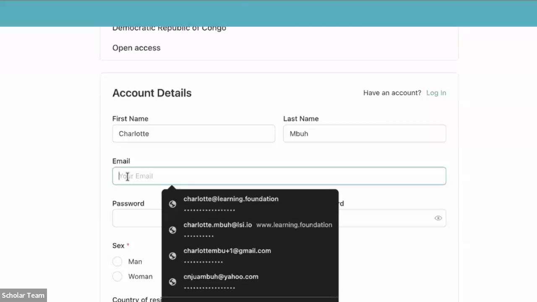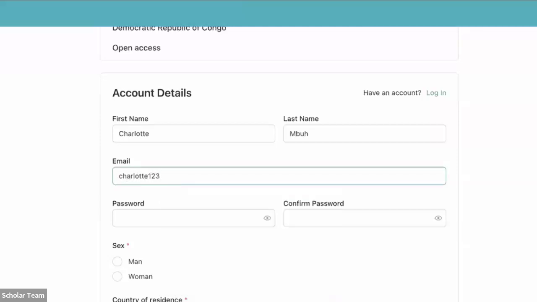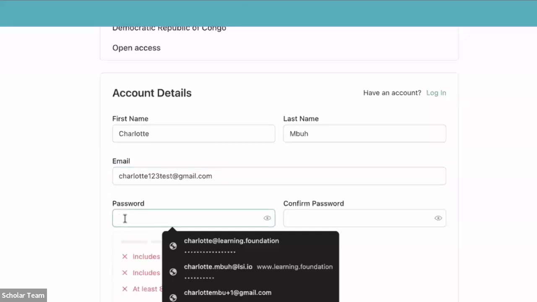So let me just type my email here. And I'll pause for a few seconds to make sure that it is correct. So you check the email address, use an email that you check also regularly, because that is where everything from the platform and from us, the course team, will be sent to you. The next thing you have to do is to input a password.